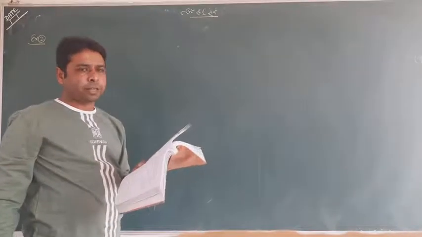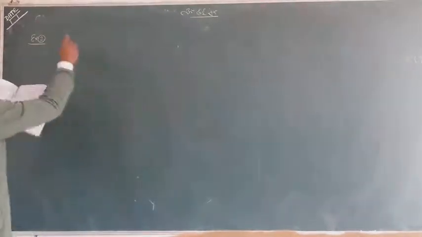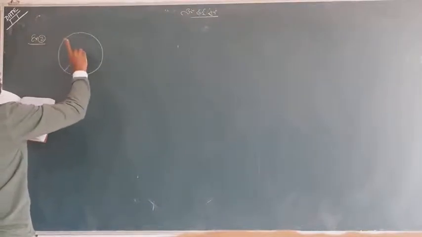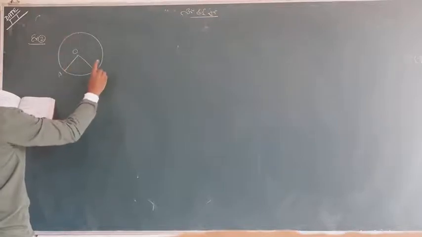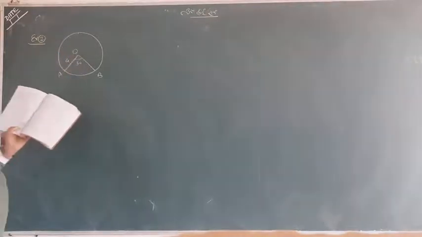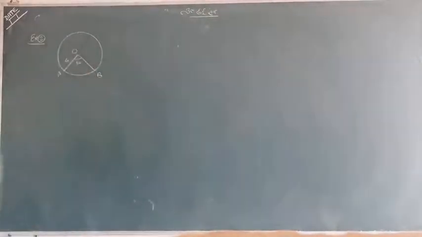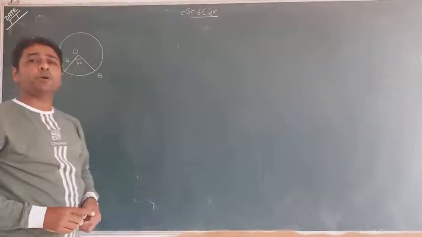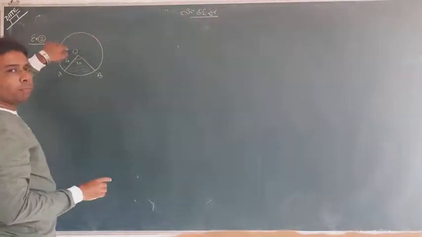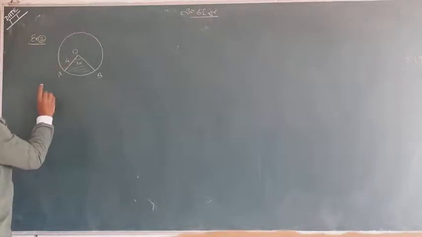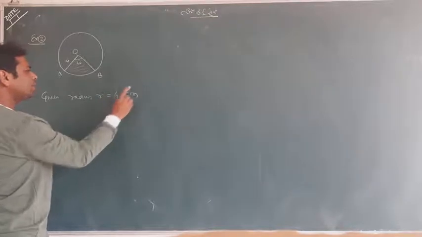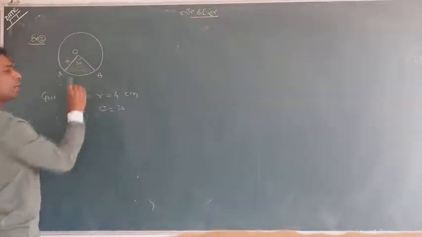Find the area of the sector of the circle with radius 4. Suppose I am making a figure just for the condition. Suppose it is OA, the radius is 4 and the central angle is 30 degrees. Find the area of the corresponding major sector also. Okay. So we are told here to find the corresponding sector, meaning this one. We will find out. And this is a major sector, we will find it later. So first of all, given the radius is r equal to 4 centimeter, theta equal to 30 degrees.